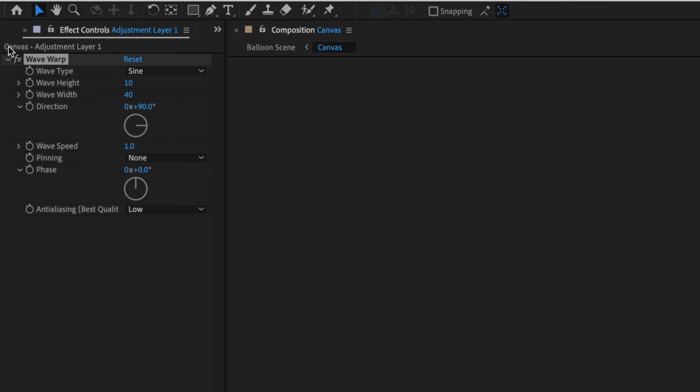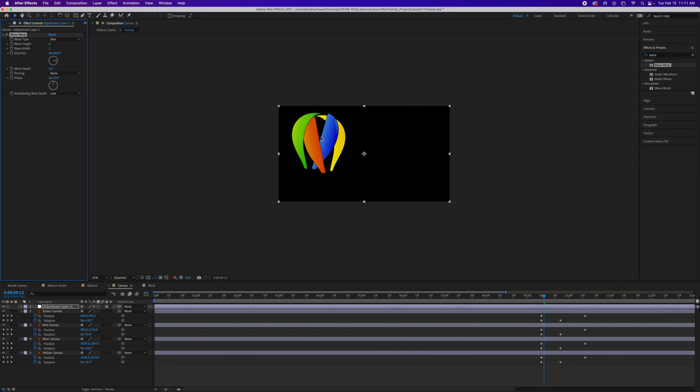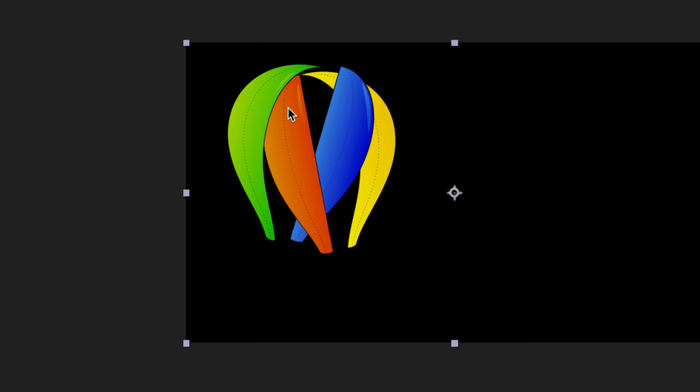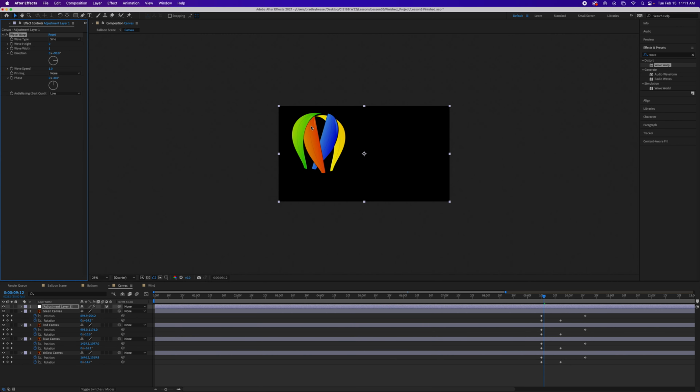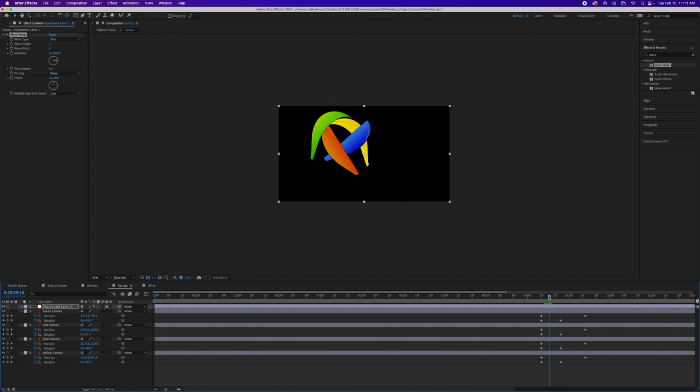So we come up in here. There's our Wave Warp. We see wave height and wave width. Let's drop our height right now down to 0, and take our width over here to simply 1. So you can see what happens to that out here. Again, we don't have the heavy waves that we had when we first put them on there. But as we move over just 4 frames to 916,